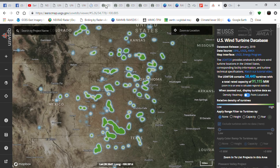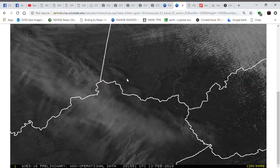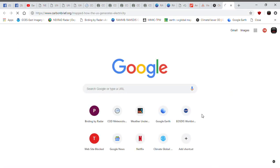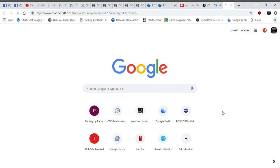So, what else do I want to get into? About our climate control system. So you have airplanes going over top and seeding. You have power plants all across the country. We'll just load the map. And then out in the ocean, we have ships. And then we have all the